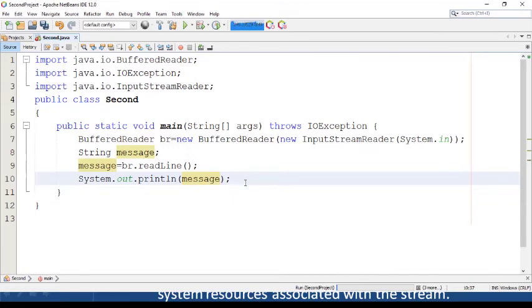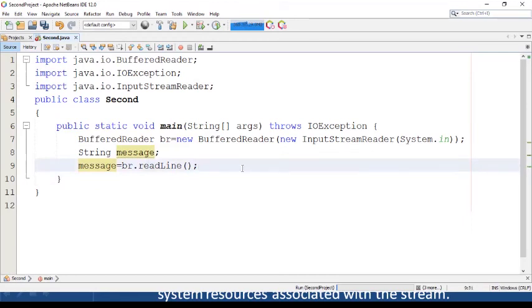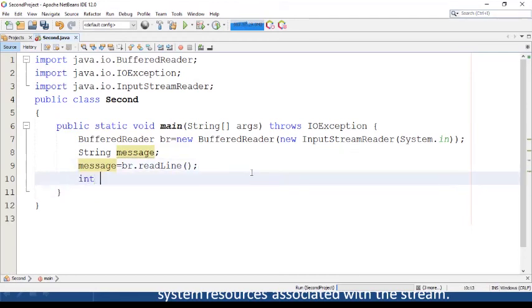How to read an integer using the BufferedReader class? BufferedReader is not providing separate methods for reading integer, float, double, long and so on. It provides only methods to read characters and strings. If you want to read floats, integers, or doubles, you have to parse the data from strings. If you want to read integers, first read as a string, then parse the integer from that string. For parsing an integer from a string, Java provides a wrapper class called Integer.